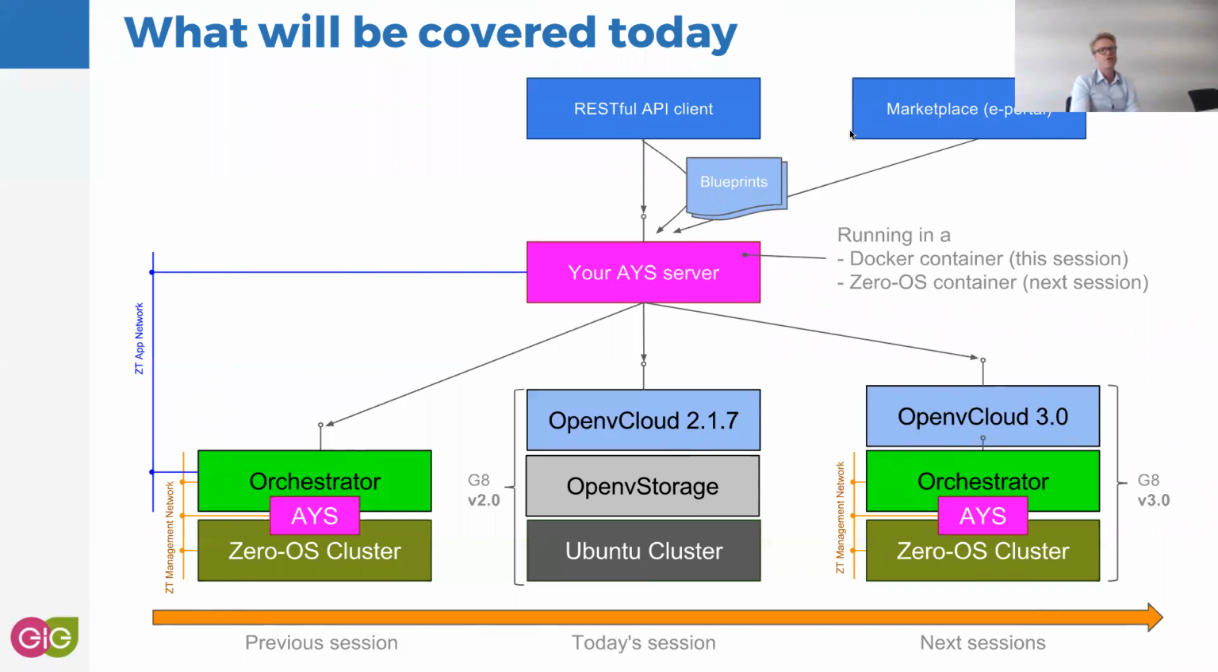And I made sure, just as before, that every single step that you need to do to set up the exact same environment is documented, both in the slides and in the documentation that is available online in the GitHub repository. So that's important. And again, running in a Docker container today, but in the next session, I'll also switch to a ZeroOS container. So also the AYS server itself, and that's a little bit a chicken and egg story,